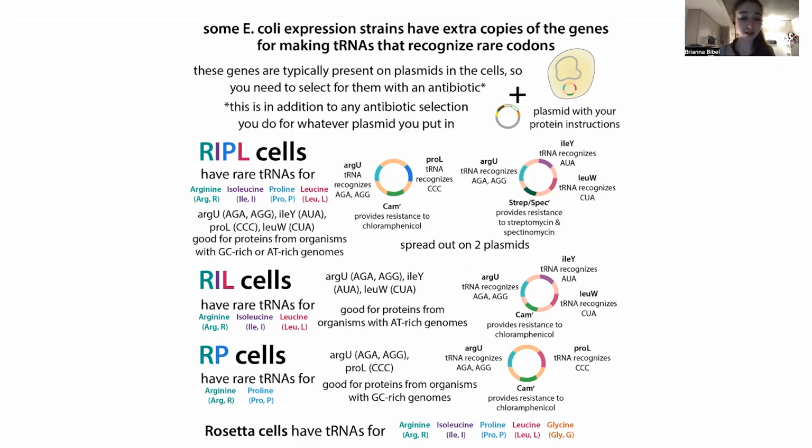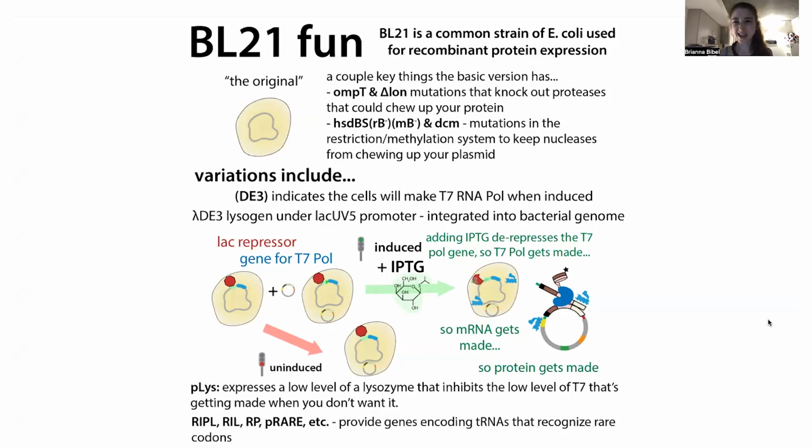So first off, though, let's start with what our baseline is. And often our baseline is going to be BL21 cells. So BL21 is a strain of E. coli that's often used for recombinant protein expression. And there's the original basic version, and then you'll see a bunch of things in parentheses after the BL21. Sometimes what's in parentheses is going to be things like RIPL or RIL or RP or P rare. These are going to be the ones that have plasmids encoding the tRNAs for those rare codons, and we'll get more into those in a minute. But first of all, there's